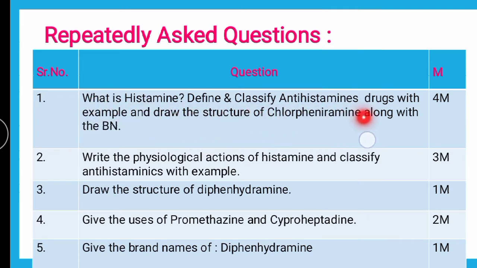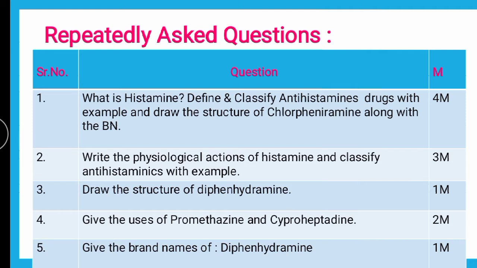Define and classify antihistamine drugs with example, and draw the structure of chlorpheniramine along with the brand name. Here if you see, the total question is joined from parts: first it is about histamine, then about the classification of antihistaminics, then about the antihistaminic drug chlorpheniramine. So these are the three different parts of the question, and the question is asked for 4 marks in the